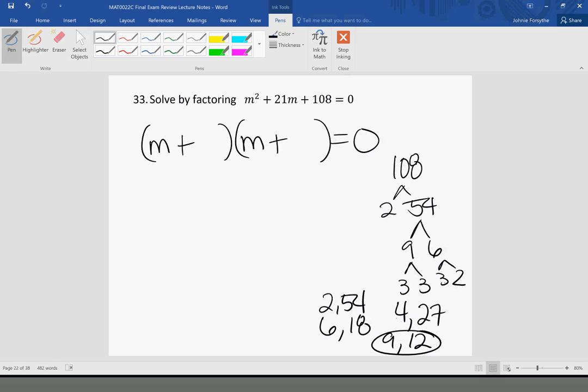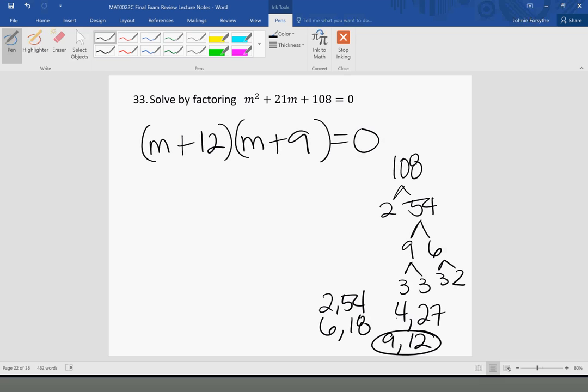So you're going to put the bigger factor first. And it doesn't really matter here because they're both positive. So I'll say 12 and 9. So 12 times 9 is 108. 12 plus 9 is 21. But we've got to solve this. So we're going to